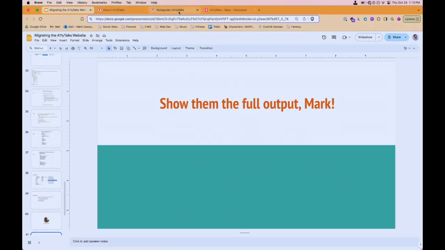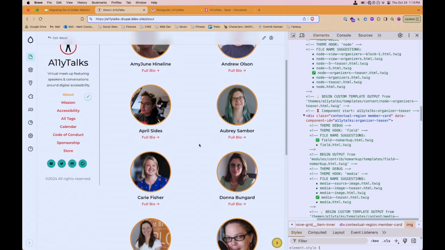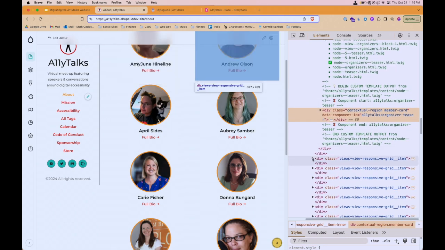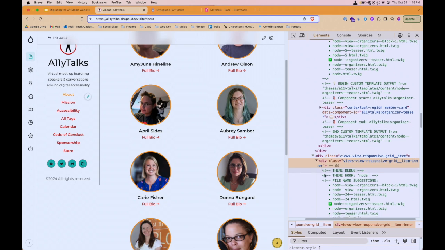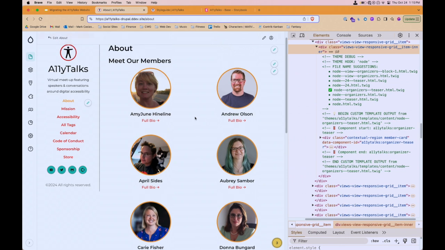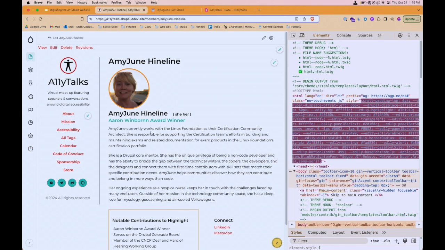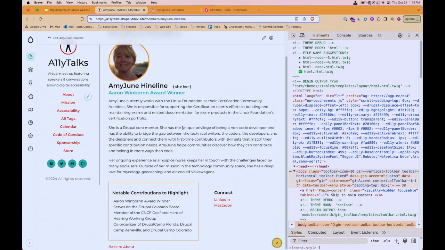And that's really simple to do, and then you pull them the full output, which is what we did with this guy, where we have each of these components out there with their own kind of thing, so you can actually take a look at each of the divs on there. It's a view, so of course we have a view div, and then each of these components hops in there for Andy and April and all the different ones. Very, very simple. And then to go into the full bio of that, it's the exact same stuff, and you're using the component from before, and then you can go back to about and whatnot.